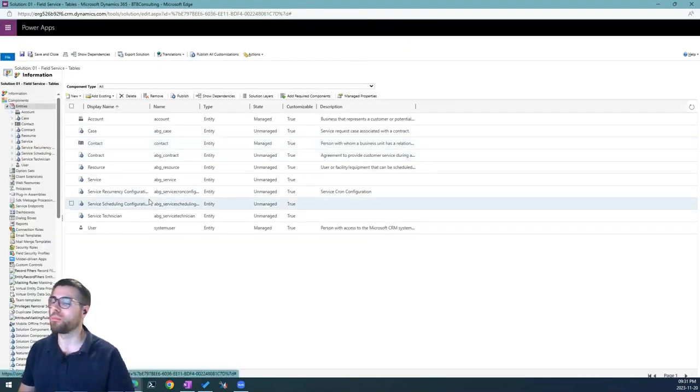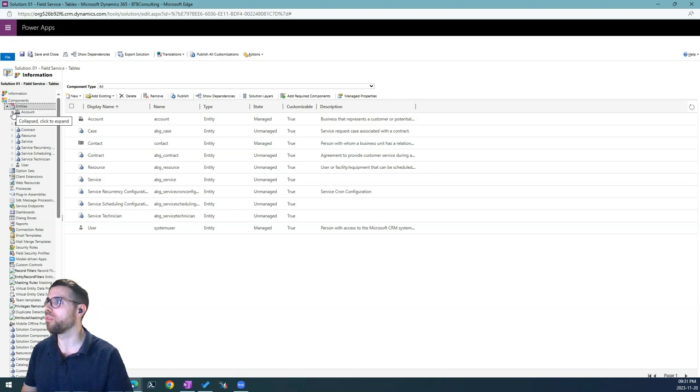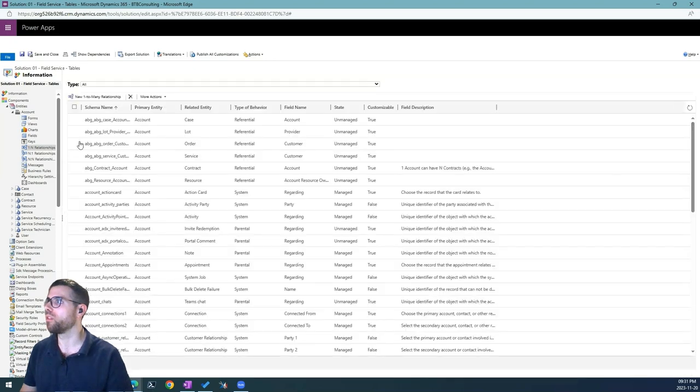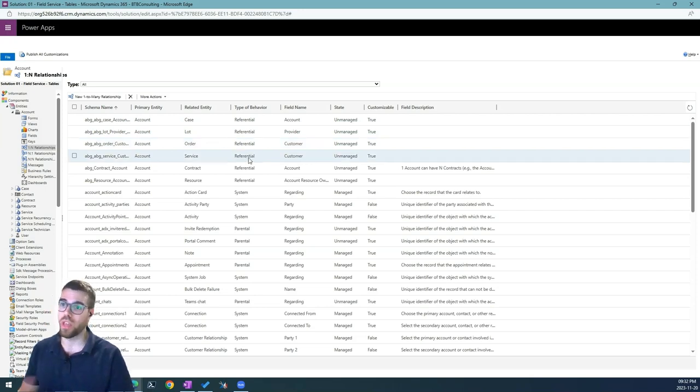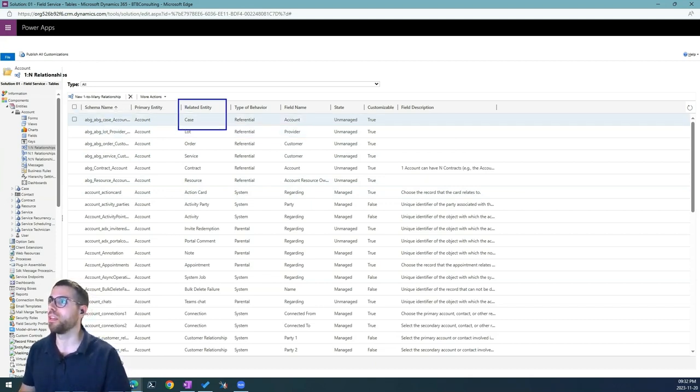Now, here it is very important that we understand what we are trying to do. We are going to set up the mapping between account and cases, because we have a one-to-one relationship between account and case. This means that we are going to configure the mapping from the account. We go here to one-to-one relationships, navigate here, and we have to find the relationship that we want to set up the mappings into. In our case, this is the case relationship, right? So for the related entity case. Now we open this in yet another window,